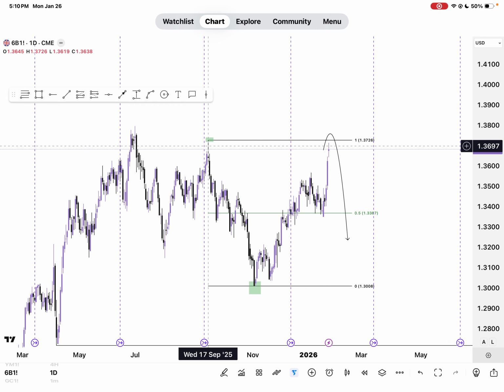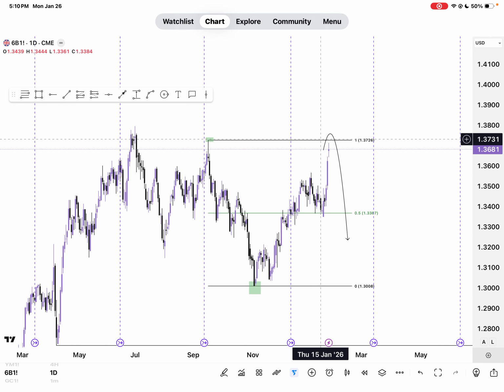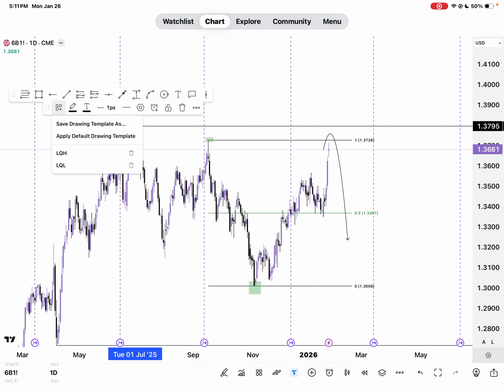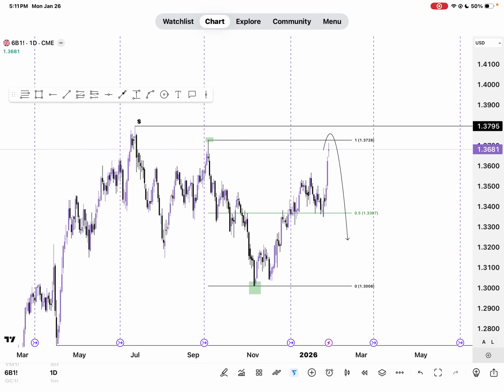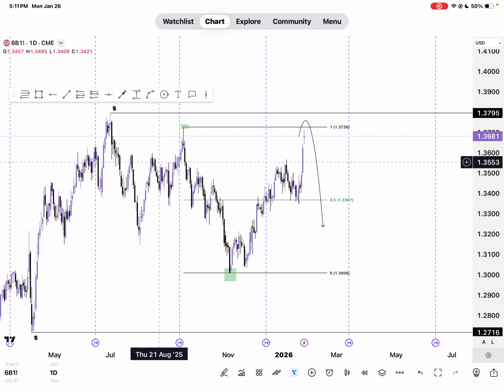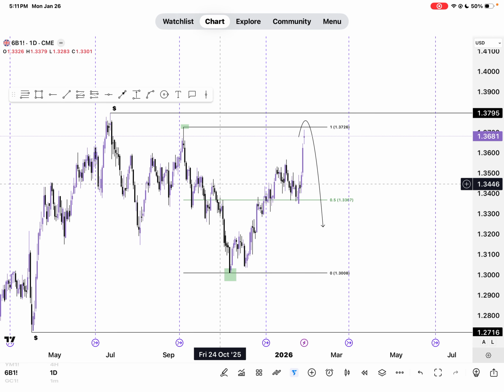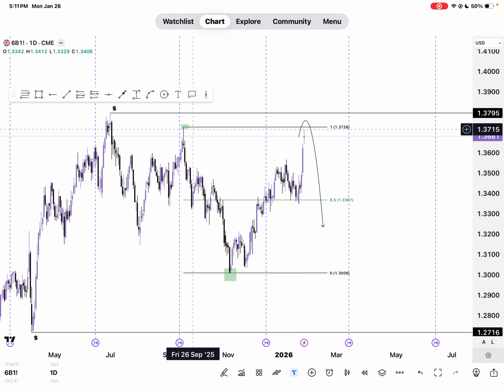So first scenario is mitigation of whatever was inside of that wick. I don't care. Scenarios 2 and 3 are the ones that are important to me. Scenario 2 says that, hey, do we get a break of structure? If we get a break of structure, we're continuing bullish price action, in which the next target will be this high here. And scenario 3 says, hey, if we're looking for continuation of bearish price action, and this just ends up being an initial bearish price leg that was just to pump liquidity into the market, so to speak,